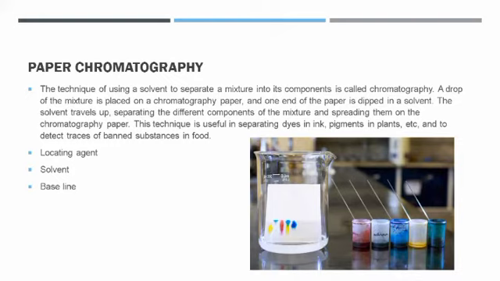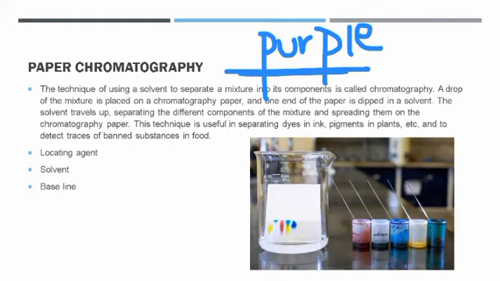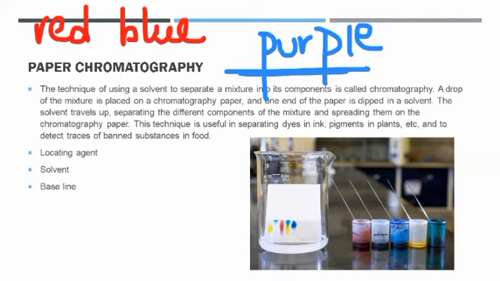So let's understand that very well. What is chromatography used for? When you want to separate a liquid into all its components. For example, I have a purple dye. Now, I know that purple dye is not a natural dye. So I'm going to use chromatography to see what dyes it's going to separate into. What are the natural dyes? The natural dyes are red and blue. So my purple ink spot, or my purple sample, is going to separate into red and blue.